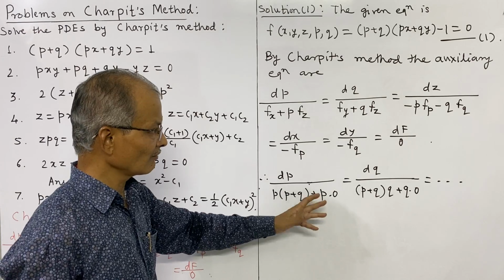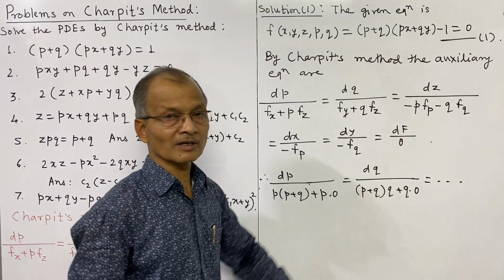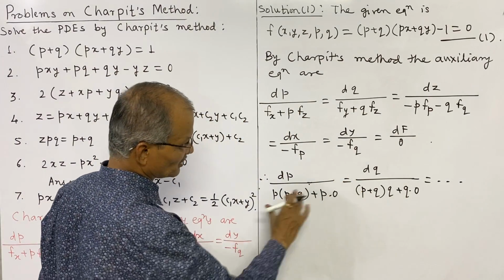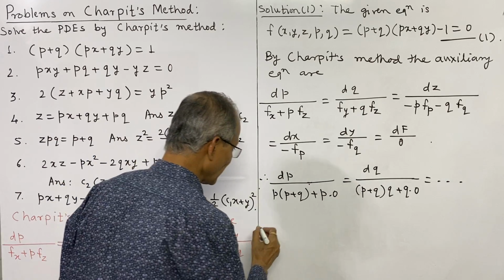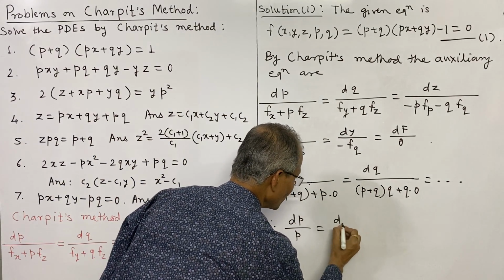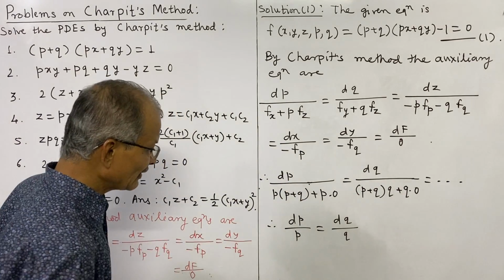Separate variables, and we can get the integration of this. There is no need to write the further fractions, and therefore we will continue with these two fractions only. So this implies dp upon p is equal to dq upon q, by cancelling this term, and integrating we get